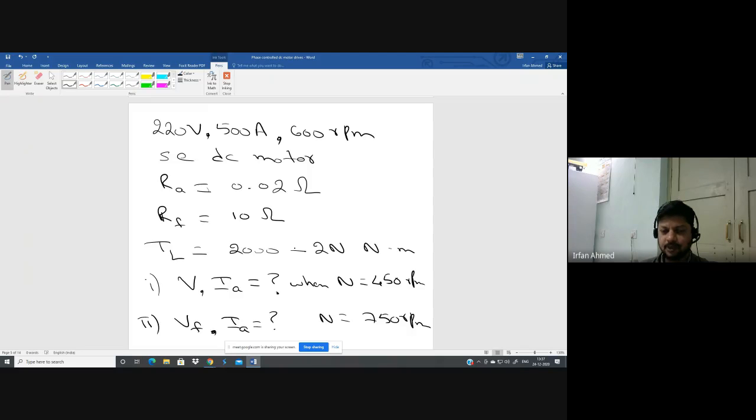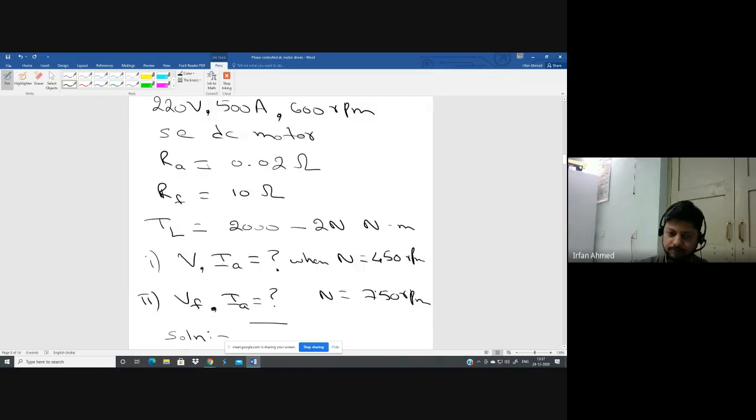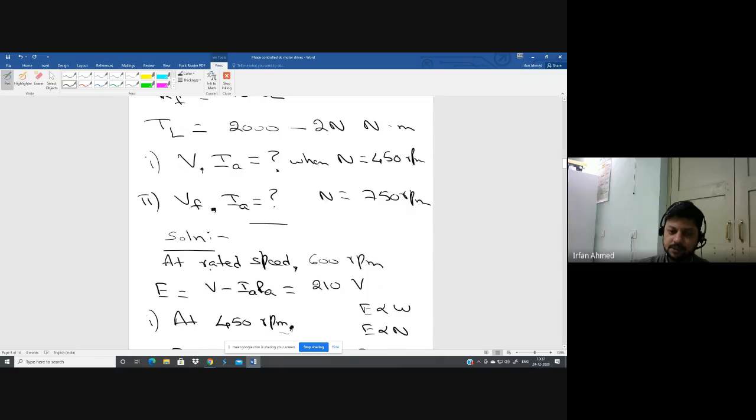In the first part, we had to find the armature terminal voltage and armature current when the speed is 450 RPM. And the second part, the field winding voltage and armature current when the speed is 750 RPM. Now, as you can see in the first part, the speed is less than the rated speed, so we have to go for armature voltage control. Okay. So before we started the numerical, we had found that at the rated speed of 600 RPM, the back